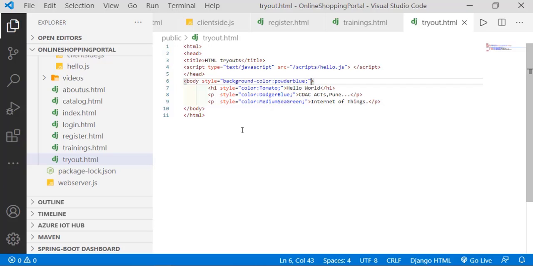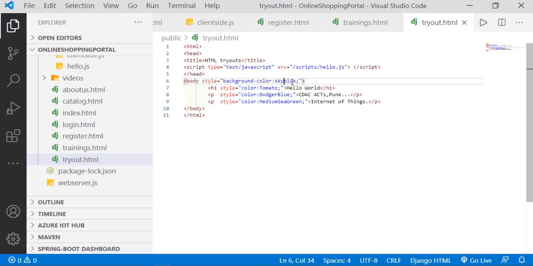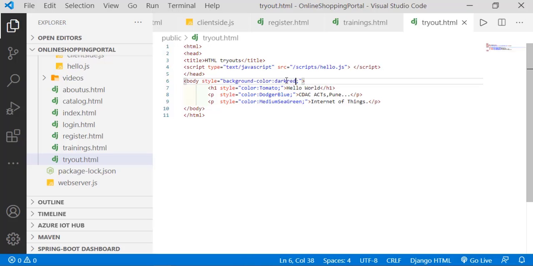Can I just go back and do something here? I just change this value and write here something called sky blue. I'm just trying, okay? Sky blue. Once I change the value to sky blue and refresh my page, oh, fantastic. I get a sky blue color. That means I need to know what are the possible values I can specify for this particular thing. Now you may add something here called dark red. Now if I change the dark red value of my background, you might see something got changed.